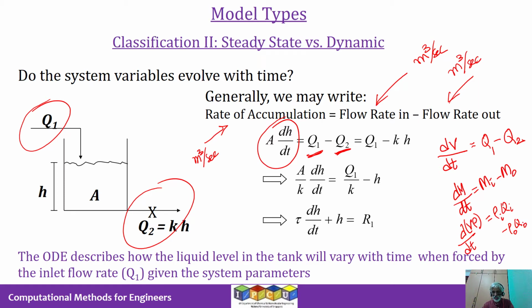Now what you can do is you can say, well, I don't expect changes in the density of water in the system. In all the streams and within the vessel, the density is the same. So we can say rho, the density of water inside the tank, is the same as rho I, which is the density of water in the inlet stream, and it is also the same as the density of water in the outlet stream. So we are saying rho equals rho I equals rho 0. So all the densities are the same, in which case the densities cancel out from all the terms, and then we are left with dV by dt is equal to Qi or Q1 minus Q2.